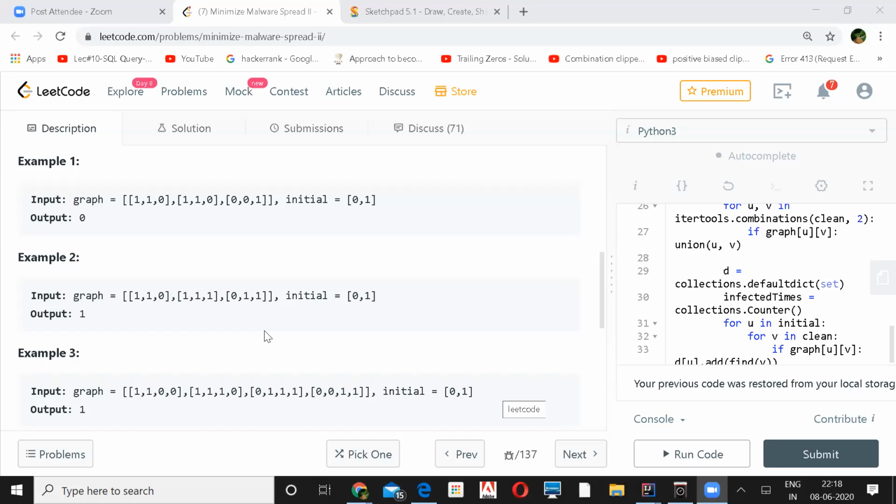Oh yeah, exactly. Right. Okay. So how did you approach it? There are two ways. It's a graph problem, right? So use either DFS or maybe union find.